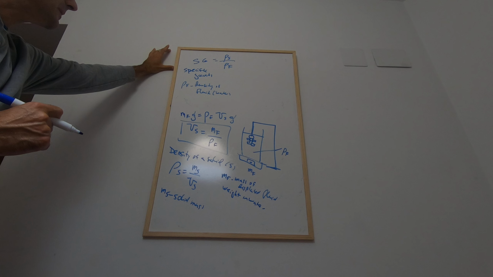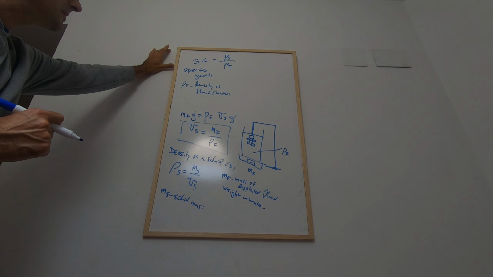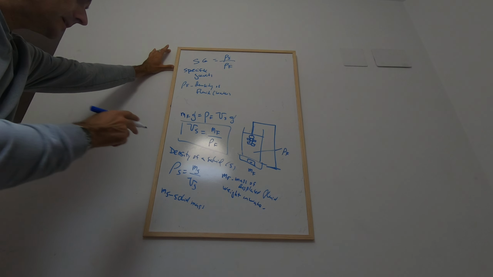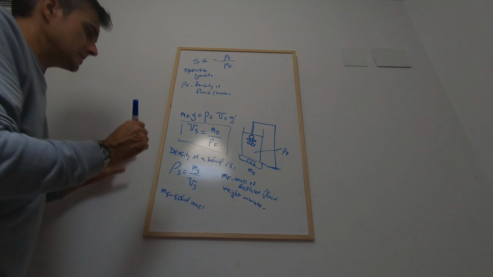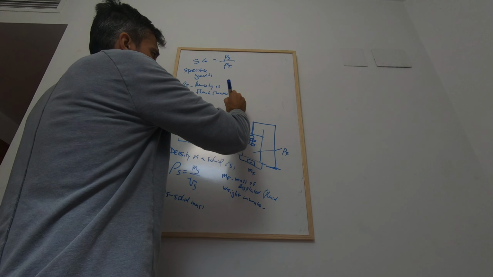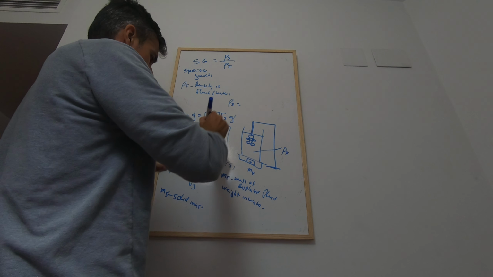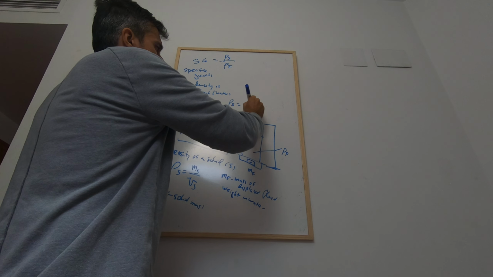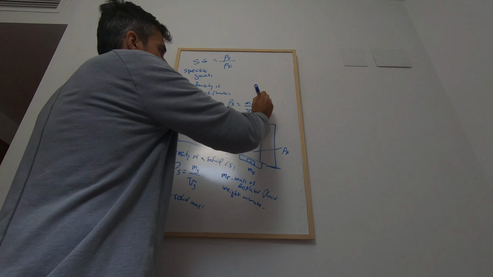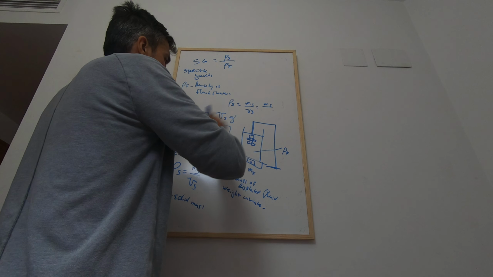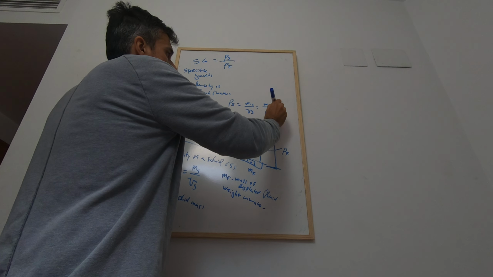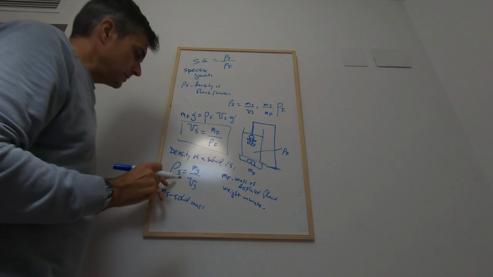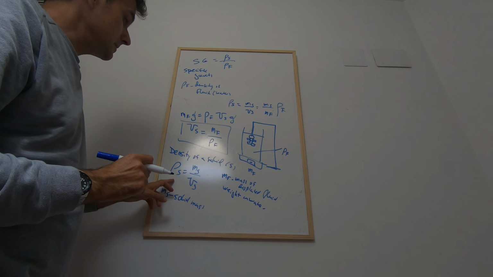Let me get what I have here. Density of the solid divided by density of the fluid. Density of the solid, yeah, there. We combine these two equations. The density of the solid is going to be the mass of the solid divided by the volume of the solid, right? And then the volume of the solid is going to be m_s over V_s, which is m_f over rho_f. Okay, yes, by combining these two equations, substitute